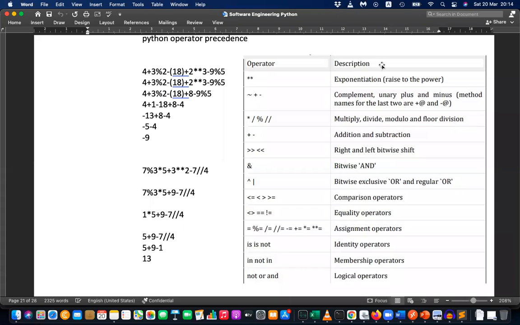Right? Just refer to this table. I think we discussed these operators. First, this is the arithmetic operator, exponent, and then you can see the not is a bitwise operator. Then you can see the plus and minus, unary operators. Unary operator means it has only one operand and one operator. So what is that? What is an operand, basically?